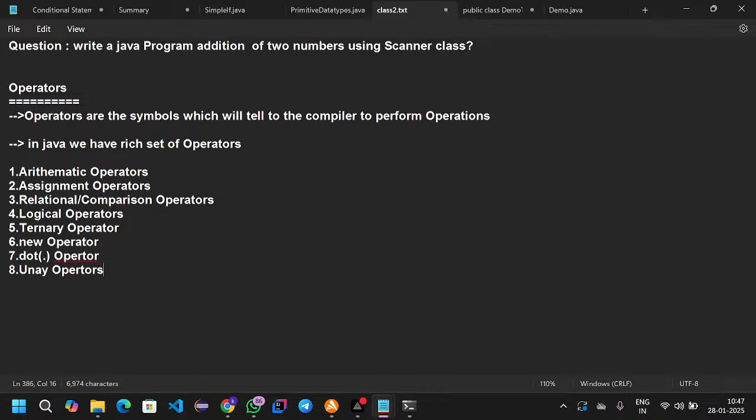Are you guys clear with my words? Okay, let us go one by one. Arithmetic operators. Arithmetic operators normally include addition, subtraction, multiplication, and